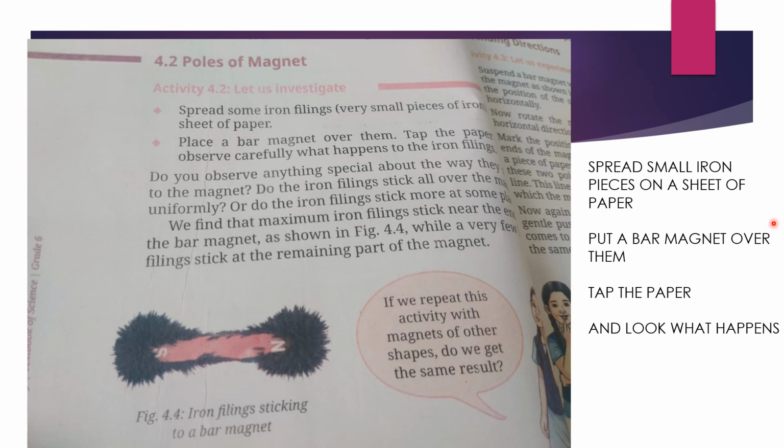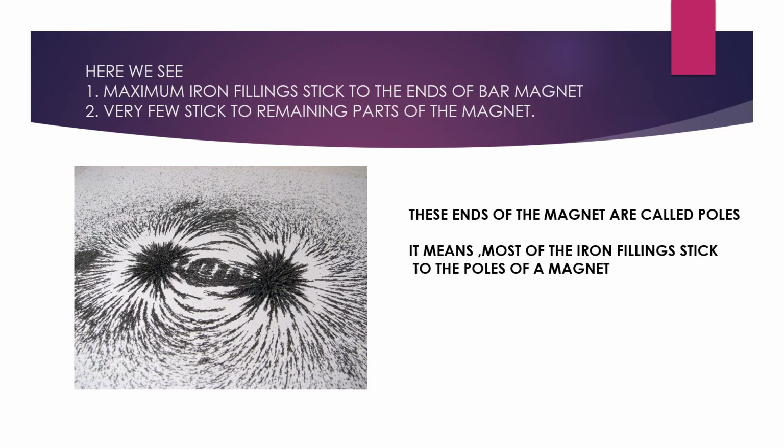So what will happen, it is clear that on a sheet of paper, first we have to fill some iron pieces. Why are we filling the sheet of paper with iron pieces? Because these are magnetic material, they will be attracted towards the magnet. Then we have to put a bar magnet over them, and then tap the paper and look what happens. So what will happen, you will see this is a look-alike arrangement of the iron filings on the